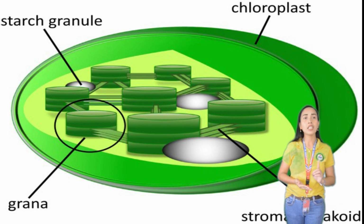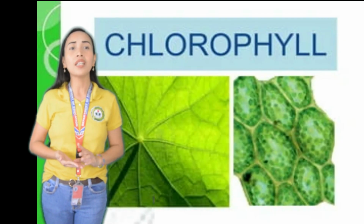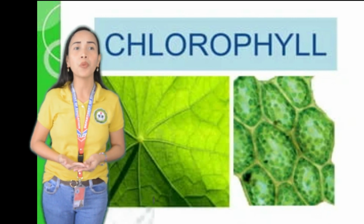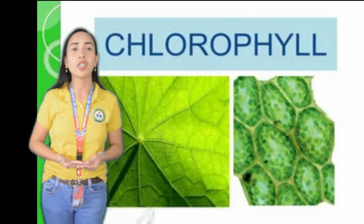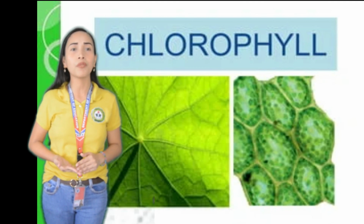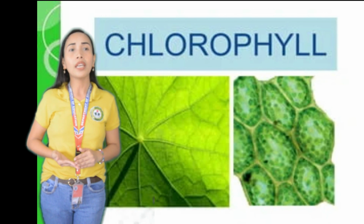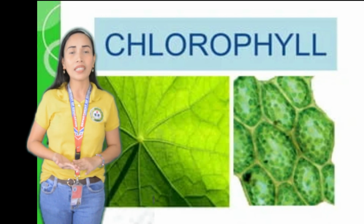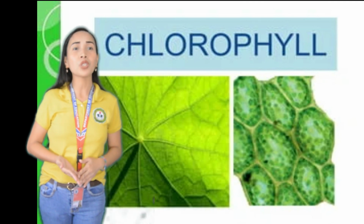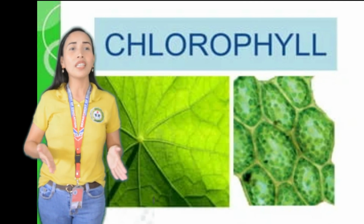And lastly, the chlorophyll. It is the green photosynthetic pigment that helps in the process of photosynthesis. It traps solar energy and uses it for the synthesis of food in all green plants. Now that you know the parts and function of the plants, you are ready to put your